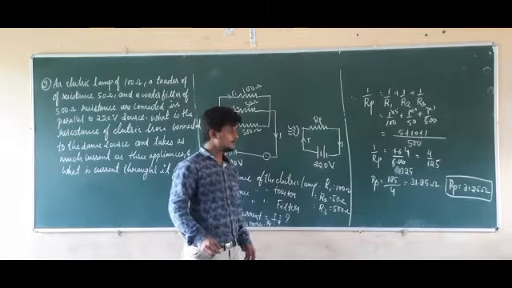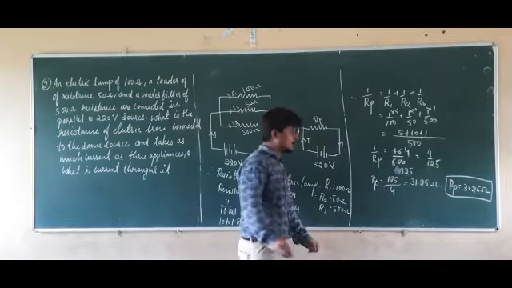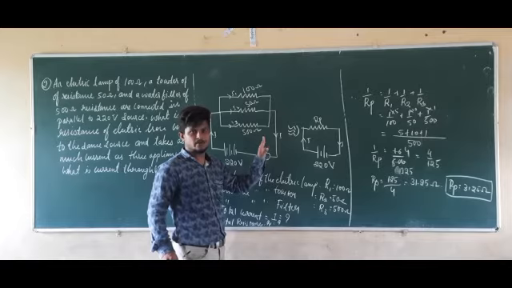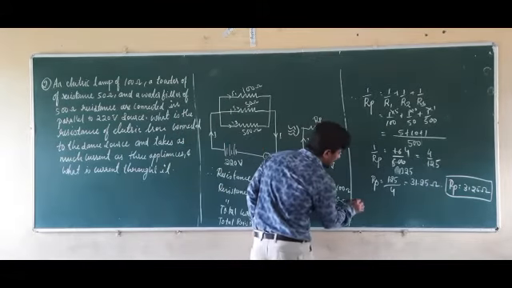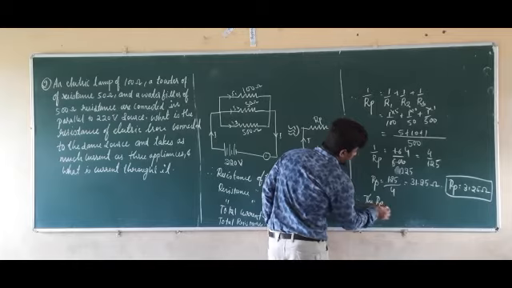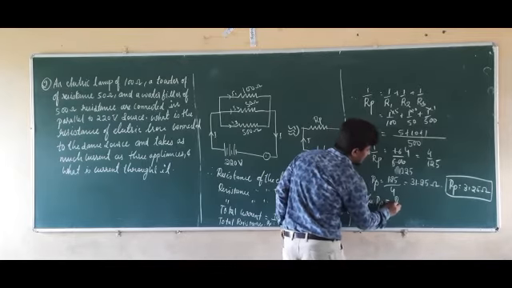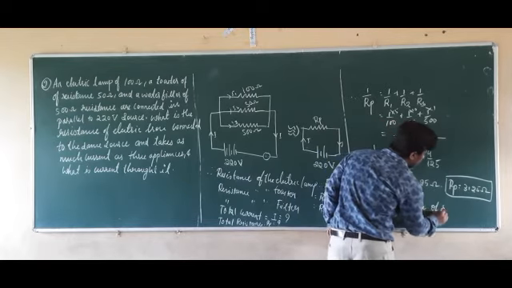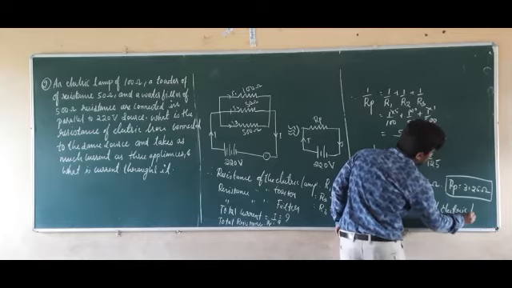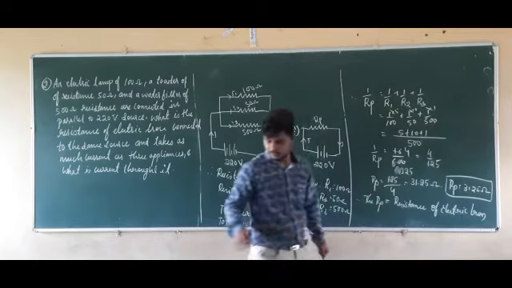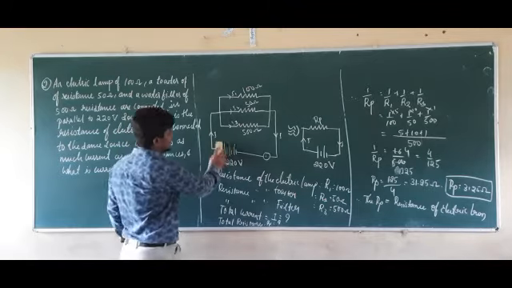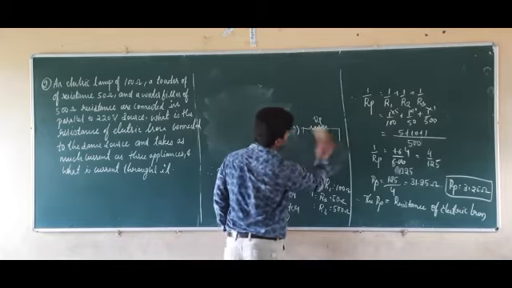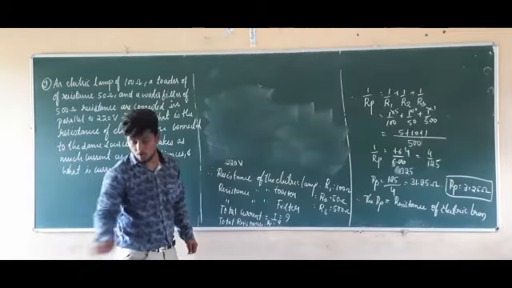Right? So next, what you have to find out is the total current flowing through this circuit. Through this circuit as well as this circuit, both will be the same. So the RP is the resistance of the electric iron. So the current flowing through this circuit can be calculated by using Ohm's law.